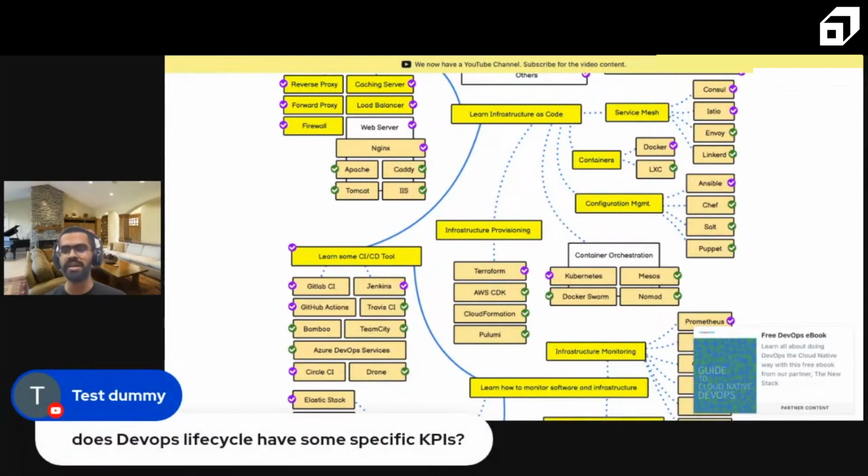Then we have test dummy. Does the DevOps lifecycle have some specific KPIs? Whenever you talk about the DevOps lifecycle, there are two main aspects: continuous integration and continuous deployment. Now, if you were to measure the success of each and every step involved in this,